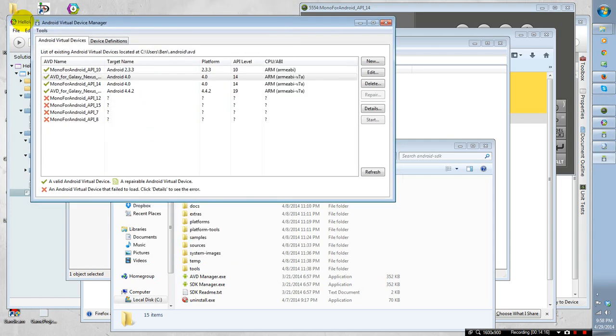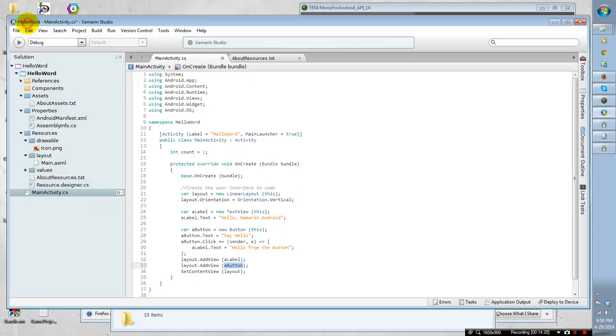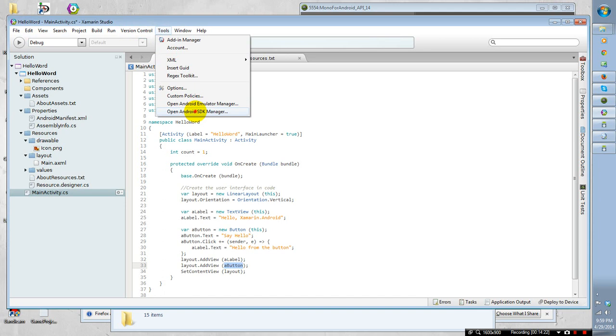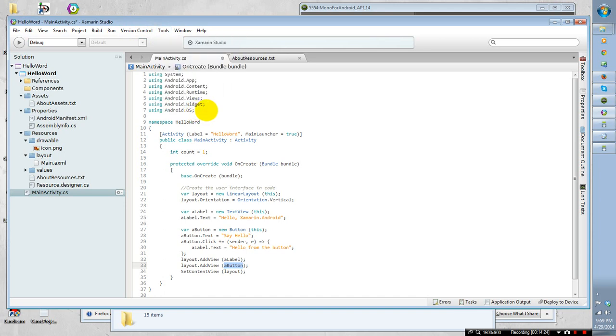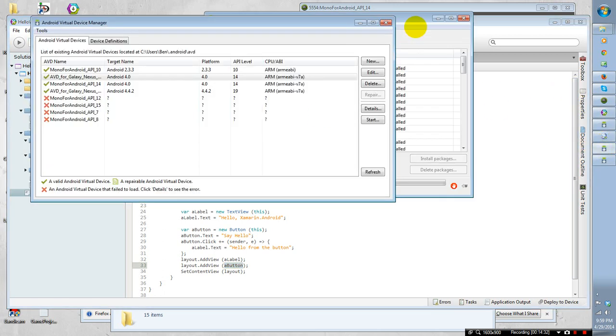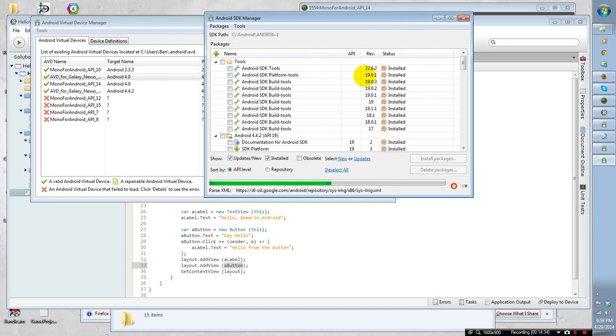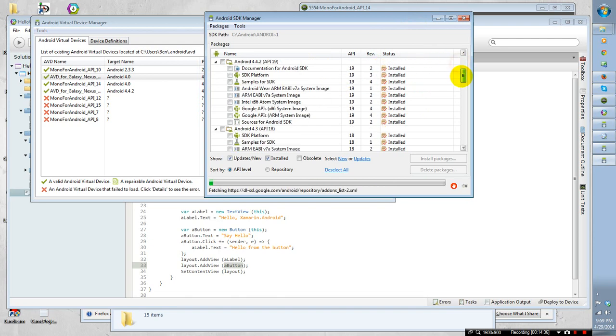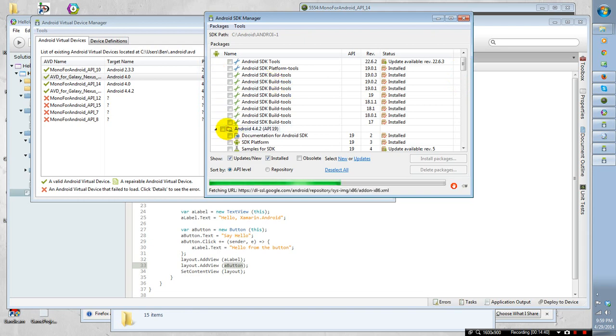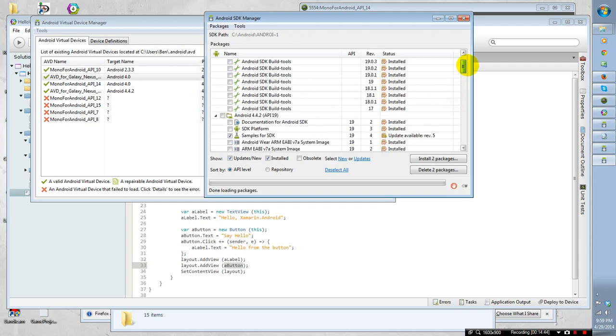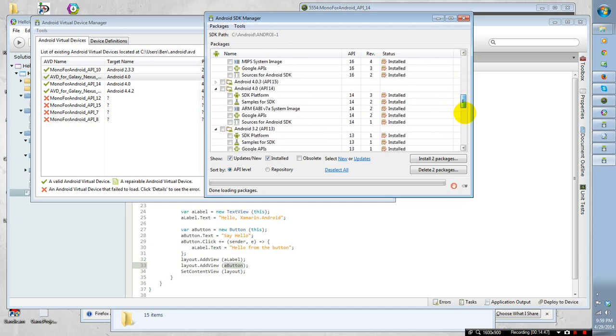Another way to find out which ones you have installed is you can go up to Tools, SDK Manager, and this will pop up a handy little program that tells you which ones you have installed, and you can install more of them, in fact. You just click on these boxes to install, like 19. It shows me that I have 19 installed. If I wanted to install, for example,